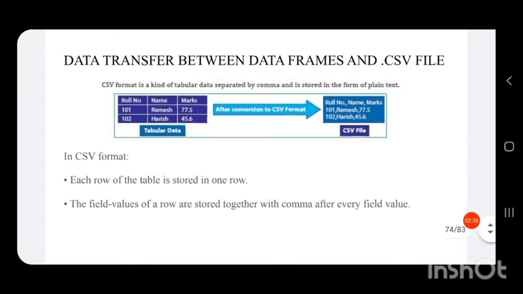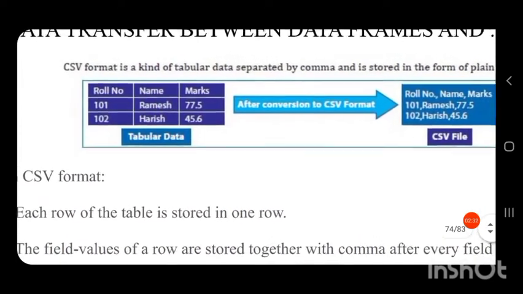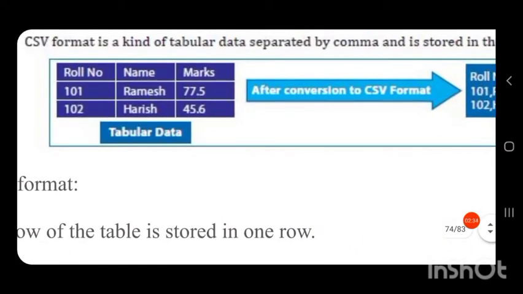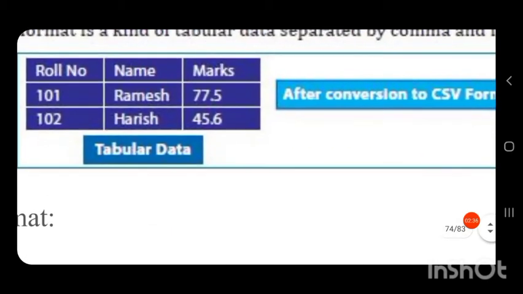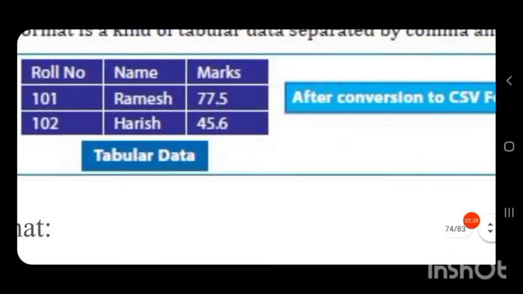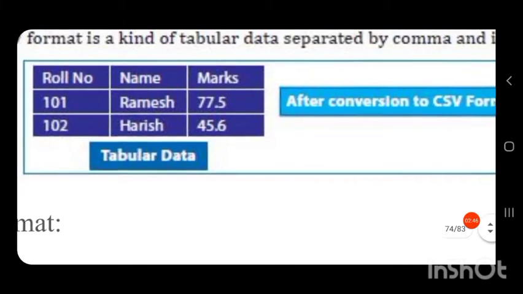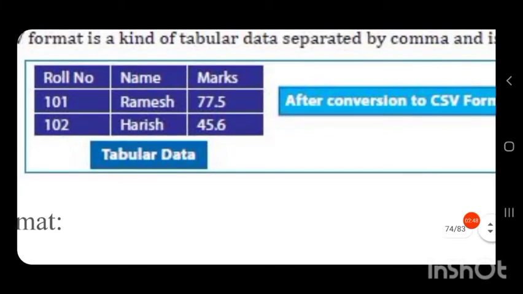So, this is how our Excel sheet or database table looks in this format. It has 3 columns and 2 rows.